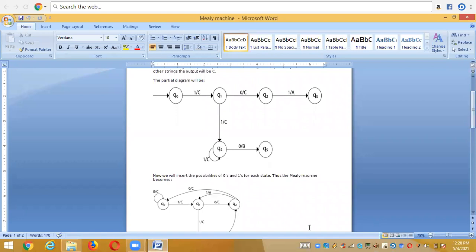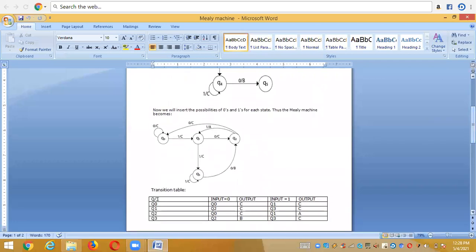And this is about the Mealy machine: the designing of the Mealy machine, the table representation of the Mealy machine, the condition of the Mealy machine, and how input strings are satisfied by doing the transitions in the Mealy machine.